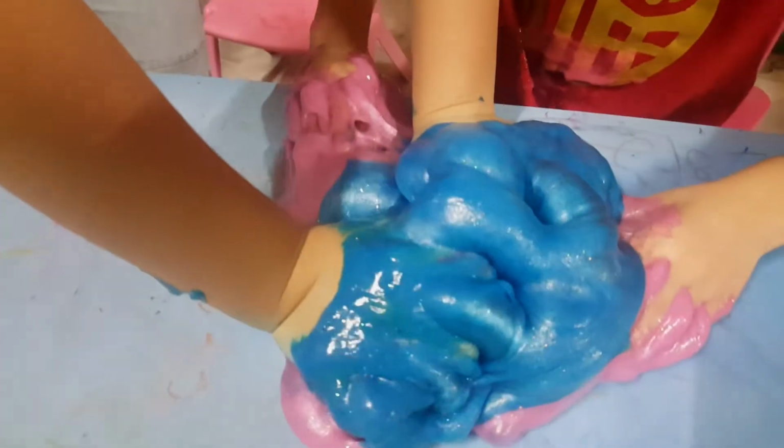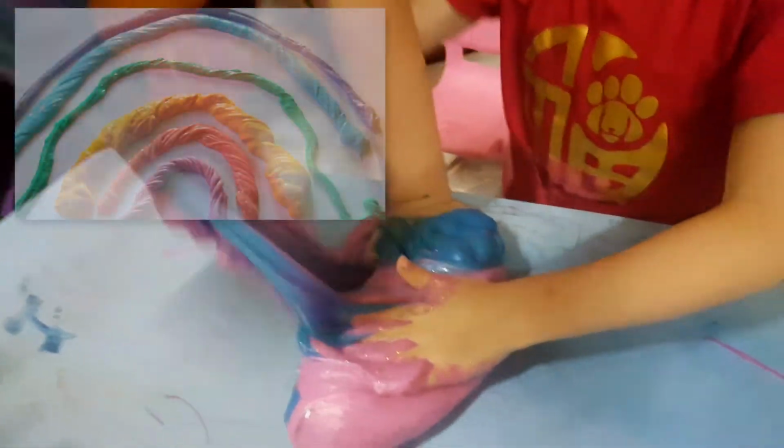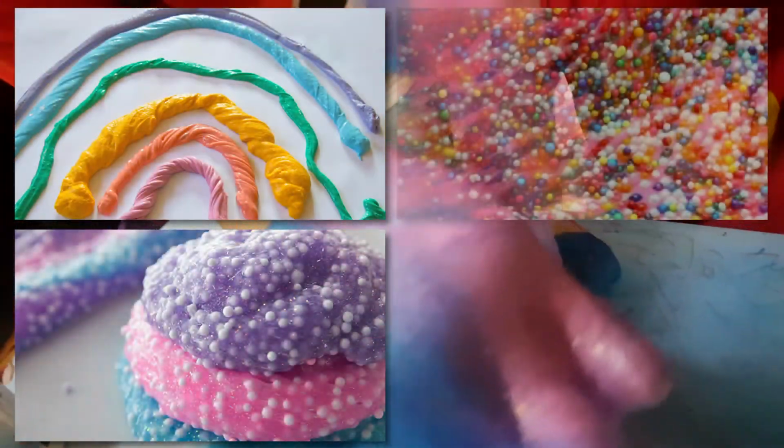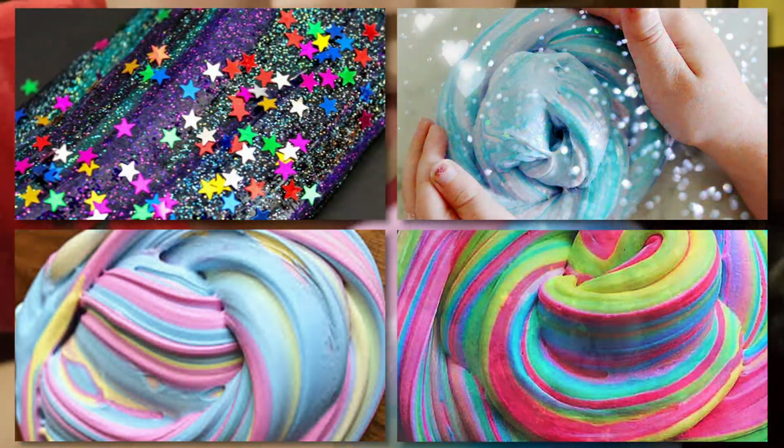Next, I don't know how to mix. Oh, la. Shalala. Here is the middle color. Here. Look at that purple. Oh my god, look. Oh! You see how they got blue, purple, and